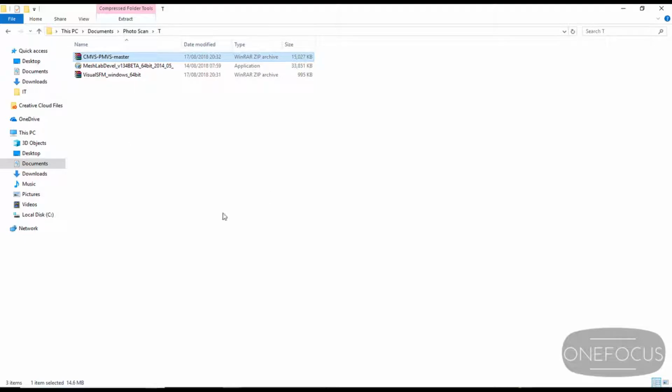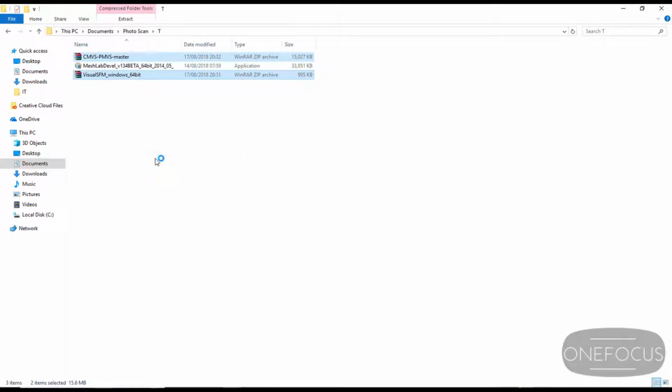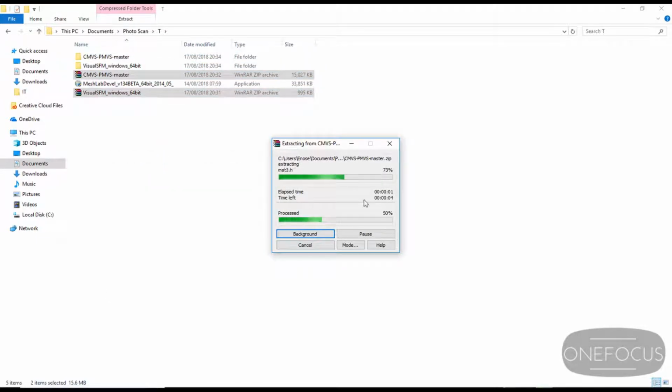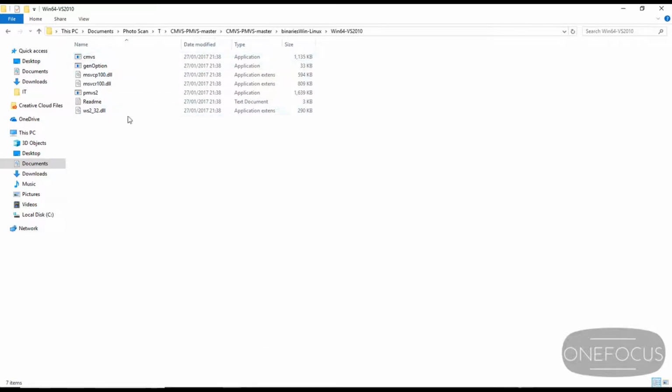Okay, so by now you should have downloaded everything in the same folder. What we're gonna do is extract everything into separate folders. So we're gonna try and see what we can do with this. Just open this folder here, 64, and you have to copy everything here. You have to paste these files in the